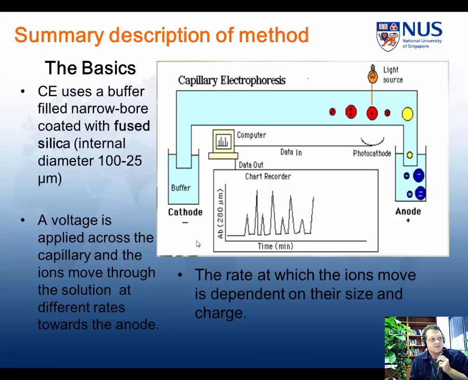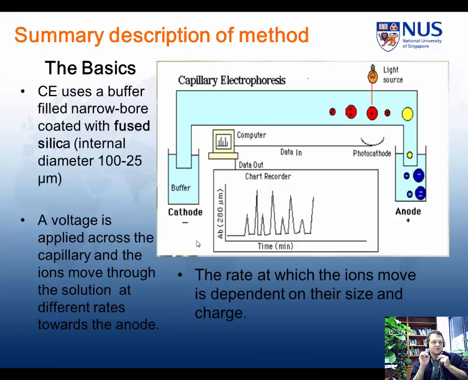Okay, so this you probably already know. We have a pretty picture. We have an anode and we have a cathode, and between that anode and cathode is a very fine capillary tube, a narrow bore capillary, and the whole assemblage is filled with a buffer, electrophoretic buffer. A voltage is applied between that anode and cathode, and then one gets movement of ions at different rates